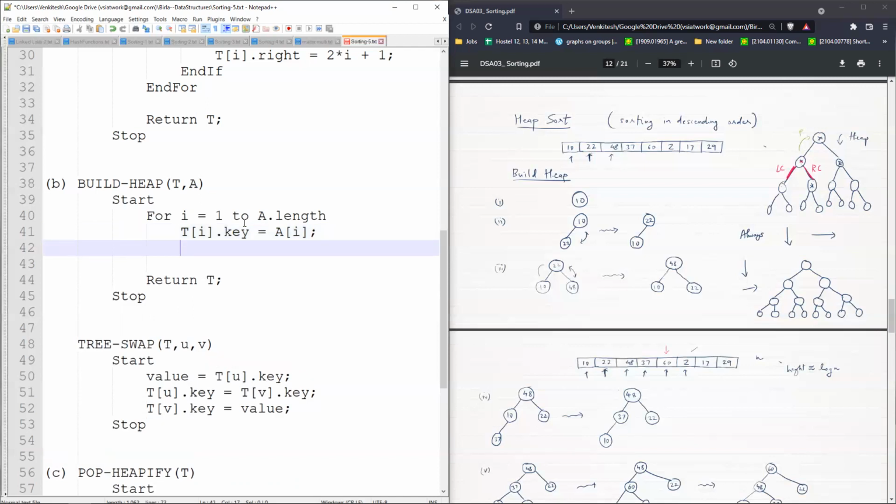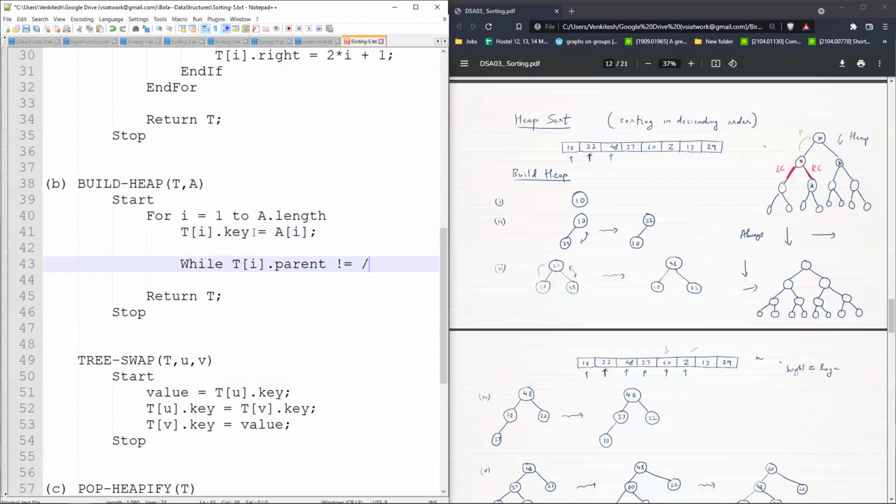And now as long as there is a parent, we have to compare. So that is what we do here. While it has a parent, T of I dot parent not equal to empty. Sorry, not equal to empty. So we can write it with space so that it's clear.